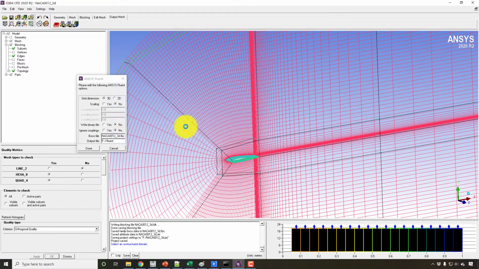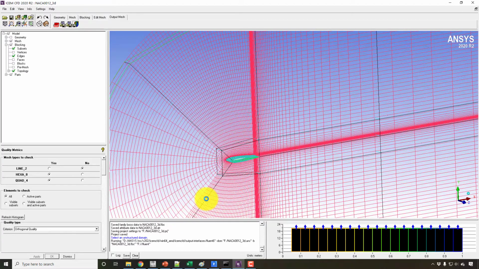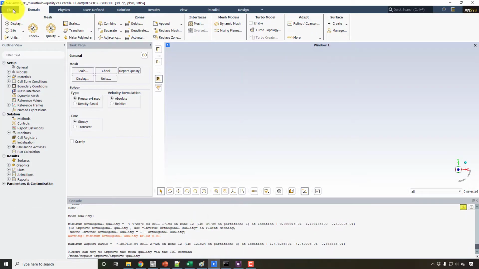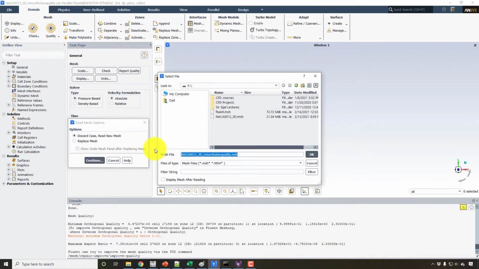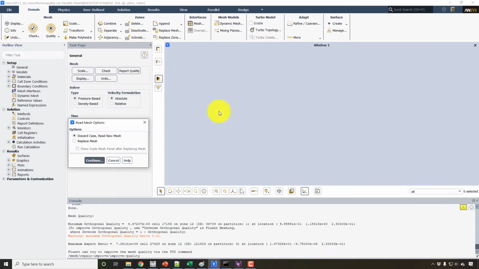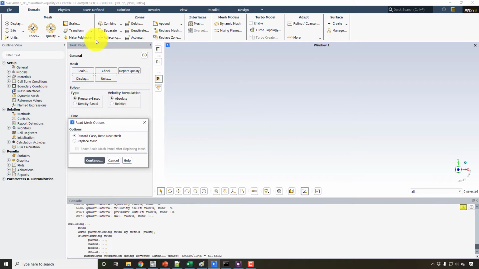Right now I will not change the name of the file, but once I am done with the mesh and I read the file into Fluent, and confirm this is correctly done, then I will change the name of the file to NACA 0012 3D, which I did in the ICEM CFD video, but this will not be shown in the video. So in the next video you will just import that mesh file which is corrected here. This file will be renamed as NACA 0012 and this file will be deleted. And you will get this file with the name NACA 0012 3D.